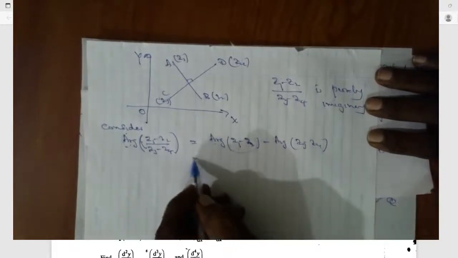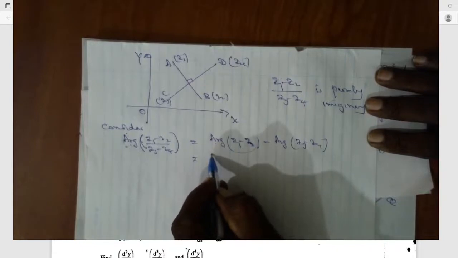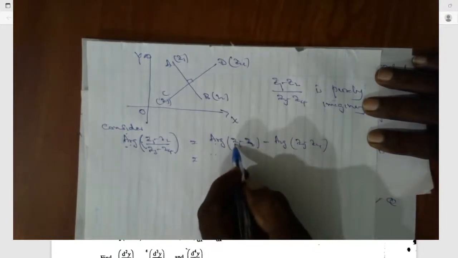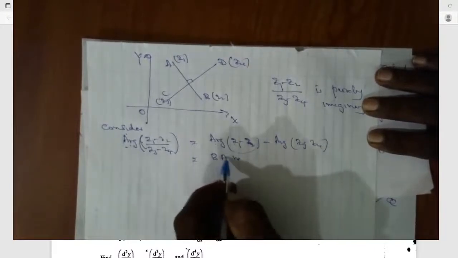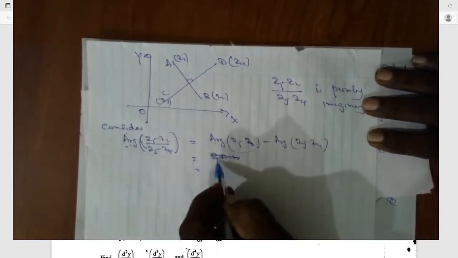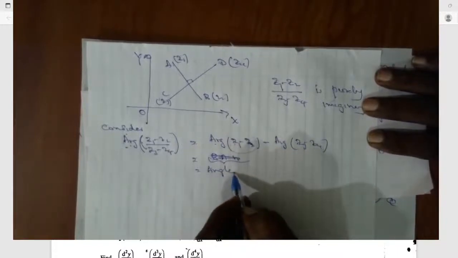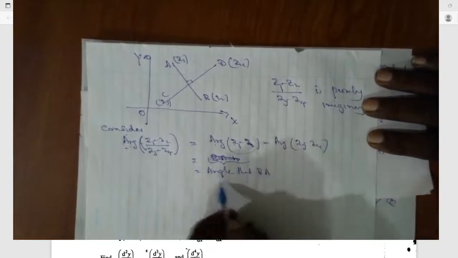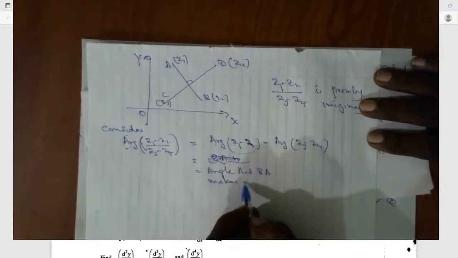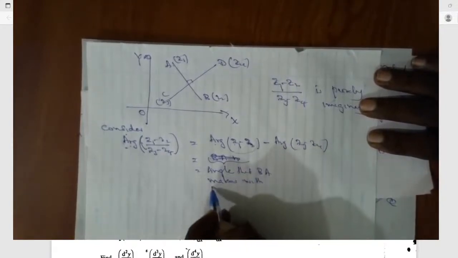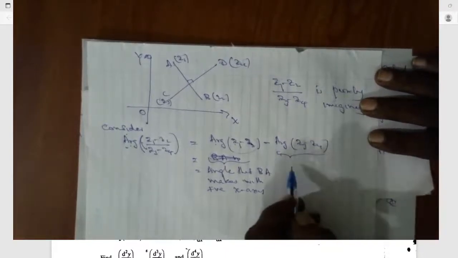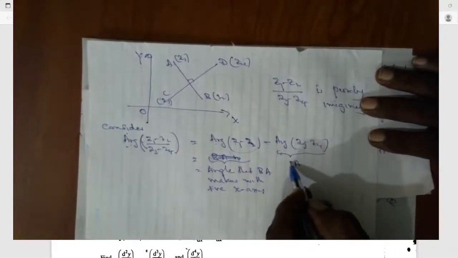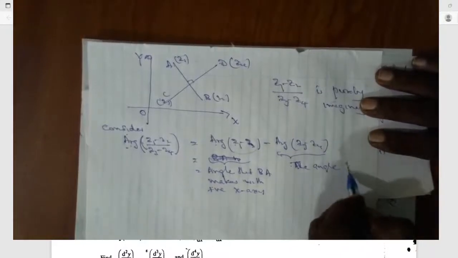C1 minus C2 is the angle that BA makes with the positive x-axis, right? What is this? This is the angle that